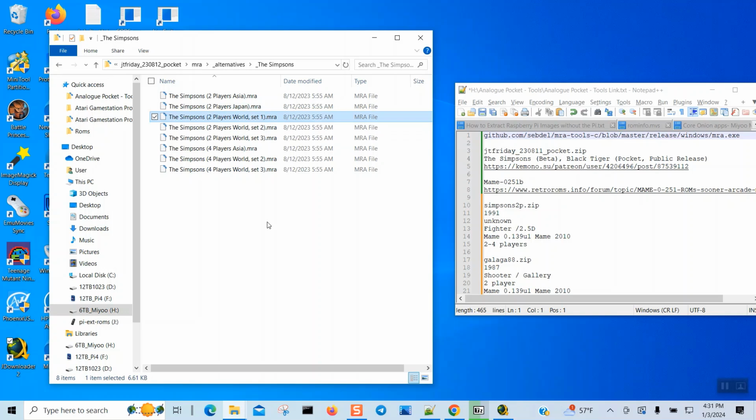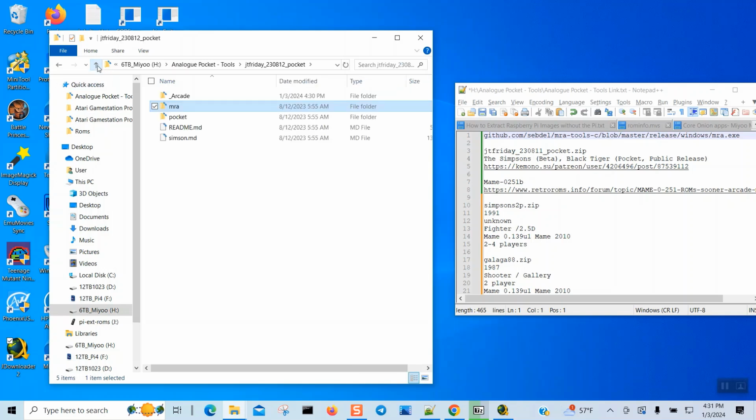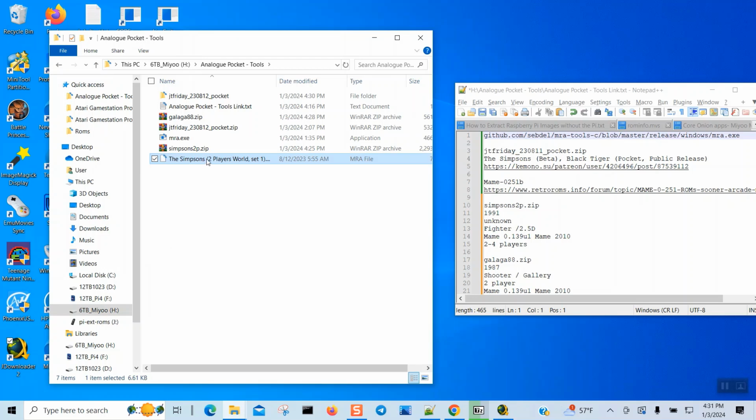I'm going to copy that and bring it to... there's an MD. That's weird. Okay, so I'm going to drop it over here. Paste. And this file, if you were to drag this file and drop it here, it will create the file you need. But before I do that,